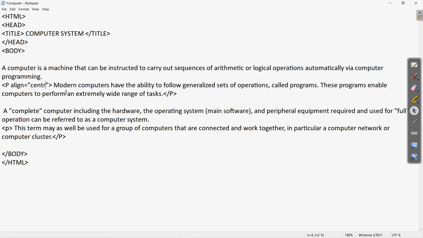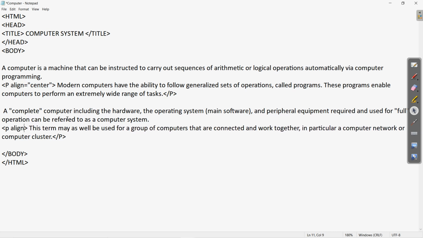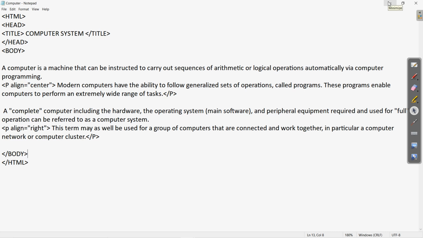If we are willing to present this at the center, then with the third we are going to write the right. For this I am going to write align is equal to right. This will change the alignment of this paragraph to the right side. Okay, so this is written. Let us save this. Now this is the file having the name computer.